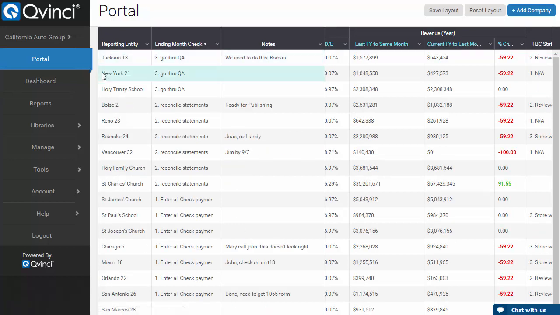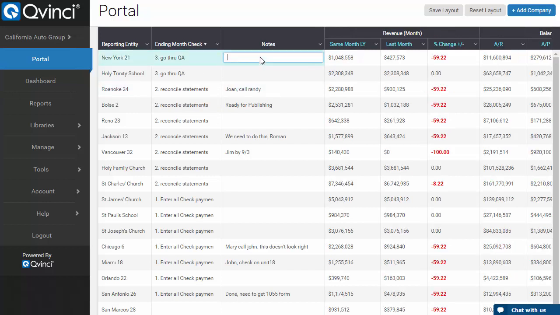You can see I've got all these units in here, and as I and my staff collaborate, Jane comes in, she says, I need to reconcile the statements, and they can leave a note for Jim, ready to close, for instance. So imagine that you have 3 of these types of fields and 2 of these types of note fields, and as you and your staff work the data across a system, the workflow moves, and you're collaborating and communicating with each other.